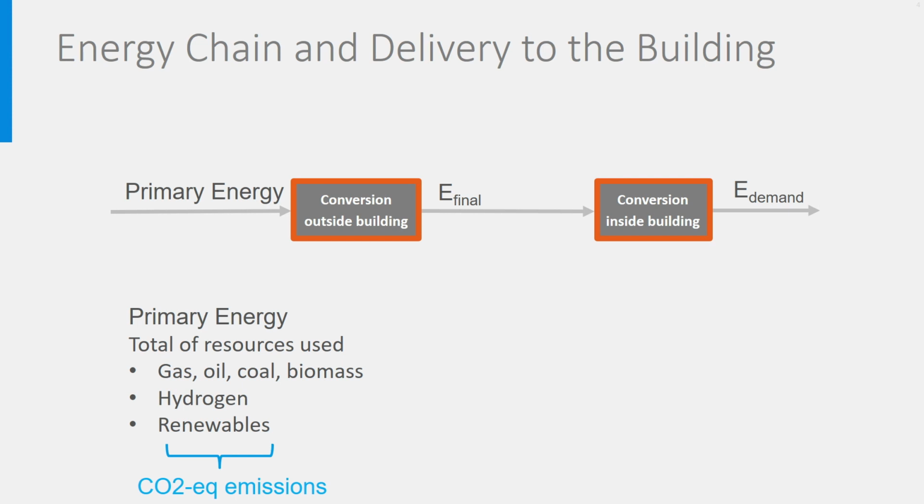However, this energy perspective does not completely fit with the daily experience of energy and energy bills. The energy bill relates to the energy delivered to the buildings. It is what we call the final energy. Final energy may be primary energy, a natural resource, therefore, like gas or wood pellets.